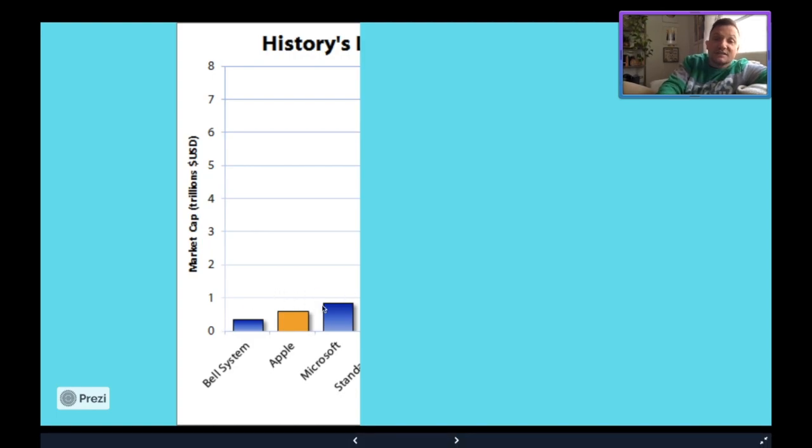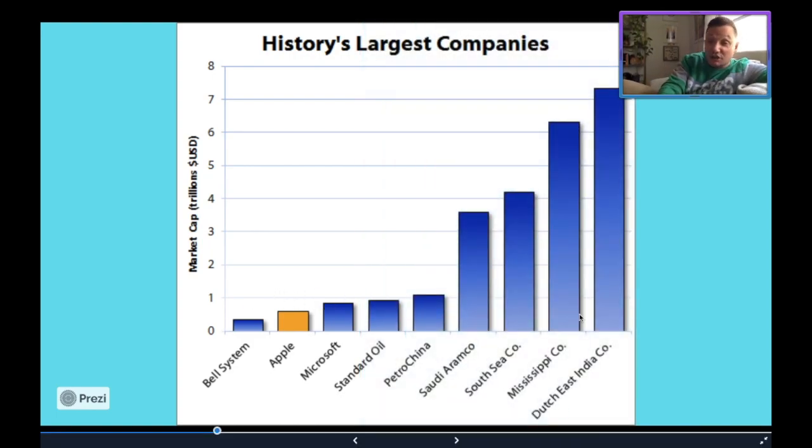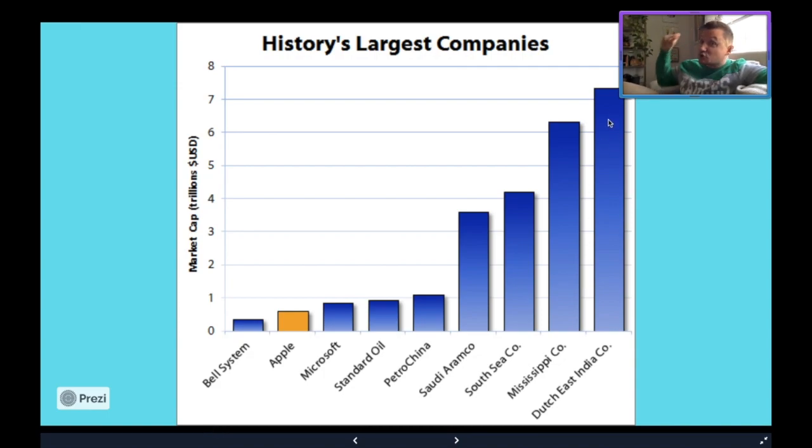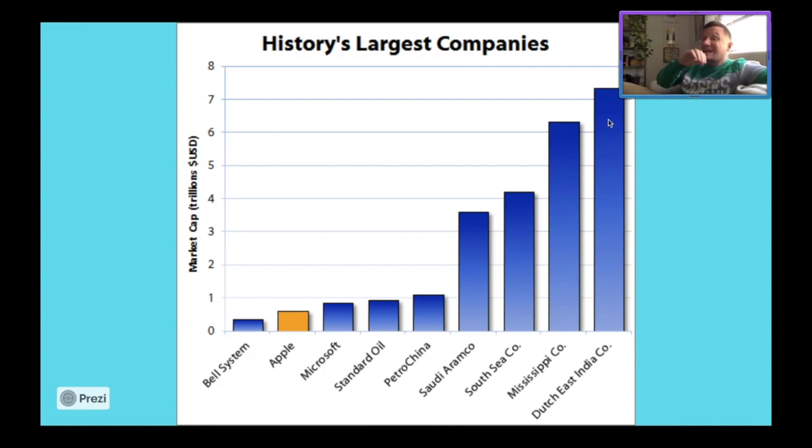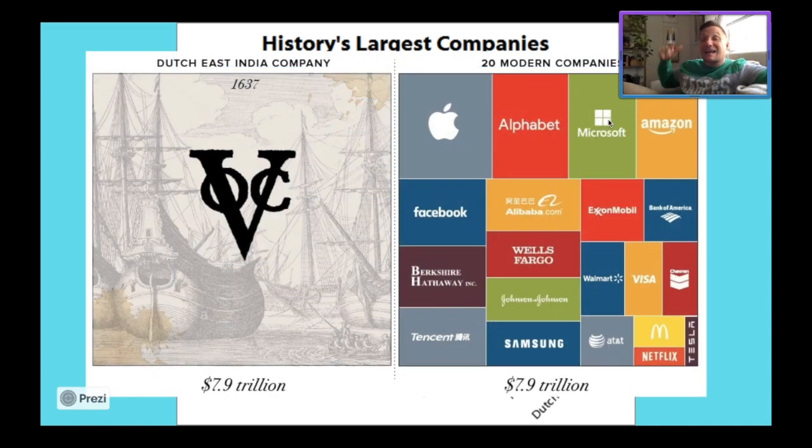In the trillions of dollars, all right? So now look, this is how much money, though, the Dutch East India Company is worth. They are considered the most money-making company in history by far, valued at around $7.9 trillion. All right, so like now, the Verenigde Oost-Indische Compagnie, the Dutch East India Company, being worth $7.9 trillion, is the